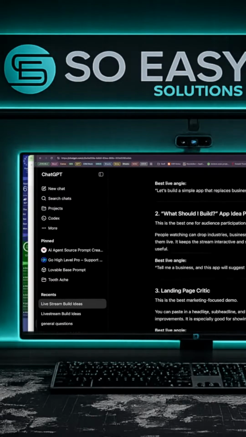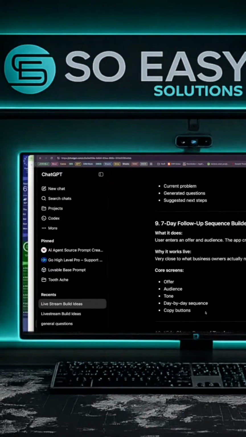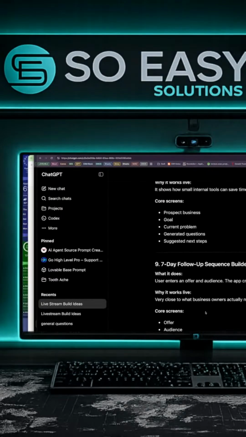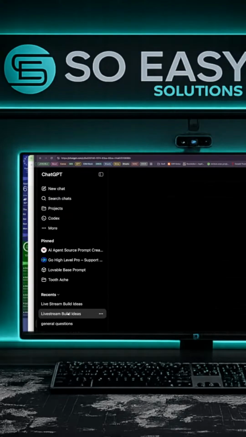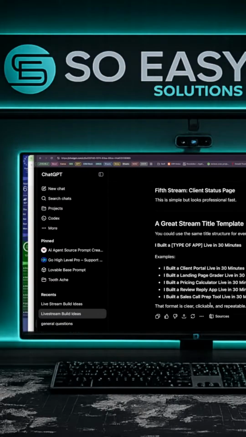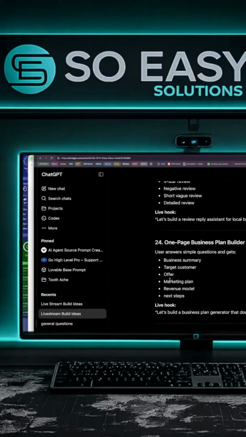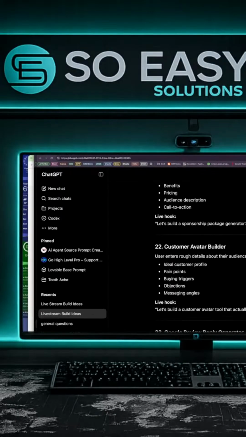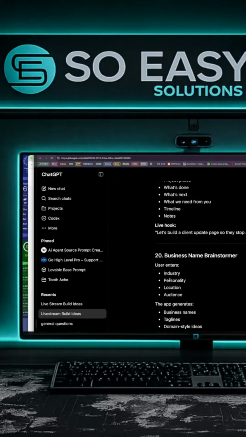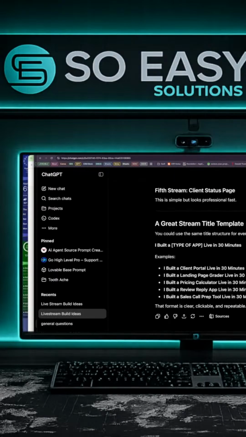Landing page critic. Gosh, that's not what I would have picked. Okay, so sometimes it doesn't get it right. Here's one that it gave me the other day, and I want to use this one. I want to build a client portal. I think that was a cool one. I gave it some other ideas while I was prepping this. Sometimes you hit, sometimes you miss. Okay, let's go here. I really like the client portal idea. What questions do you have for me before we get a Lovable prompt?